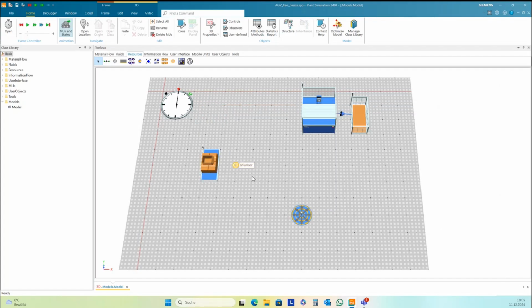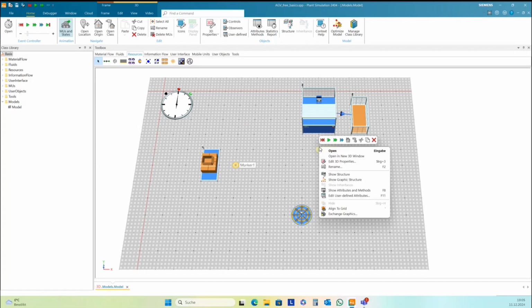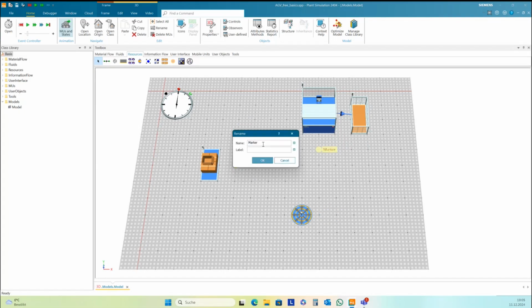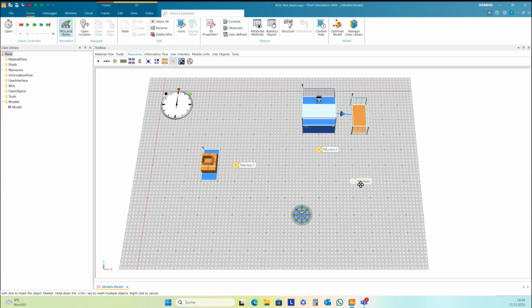Okay, I want to have 3 markers, one marker 1. I want to have a second marker near the machine, marker 2, and one marker 3 here in this position.